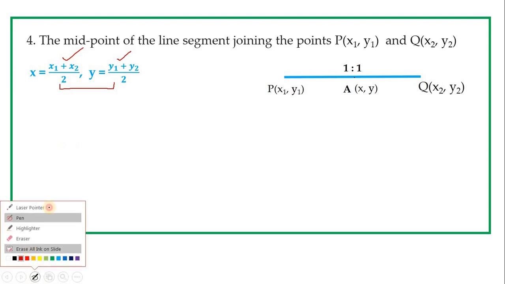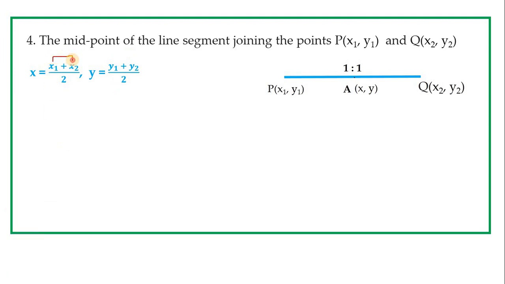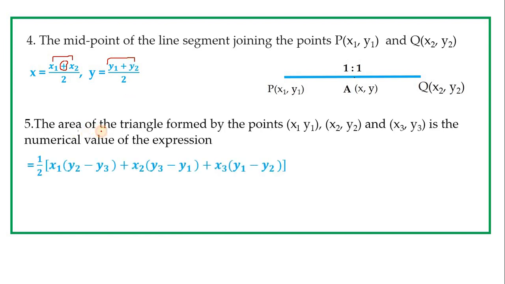Another thing here is, they may give it as x2 plus x1, because there is a positive sign. As you add two numbers in a different order, the sum will be the same. So here also they may reverse this, they can write y2 and y1. Next, let us move on to another point, the area of a triangle. This formula we use to find the area of a triangle when three vertices are given. So that is half into x1 into (y2 minus y3) plus x2 into (y3 minus y1) plus x3 into (y1 minus y2). Very important formula, practice well children.